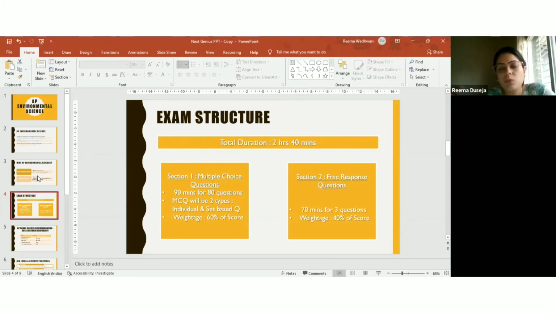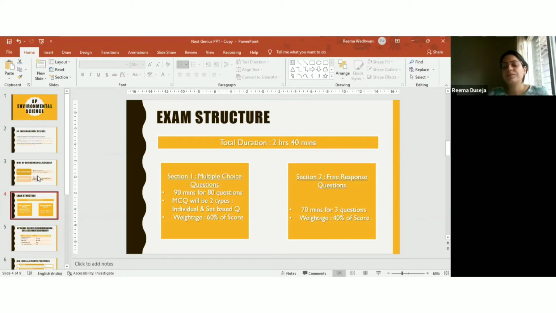The free response section basically has 3 questions, which are open-ended, something that you would have done in your school. The more you write, the better; it has longer answers. It has different subdivisions, 4 to 5 parts, where they will ask you a related problem. For example, New York City is having a lot of air pollution. Part A, what are the risks associated? Part B, what kind of solutions can you provide?